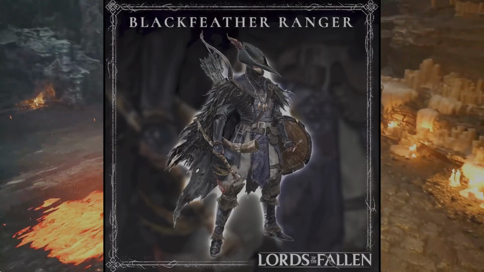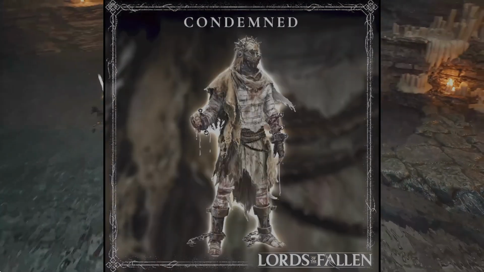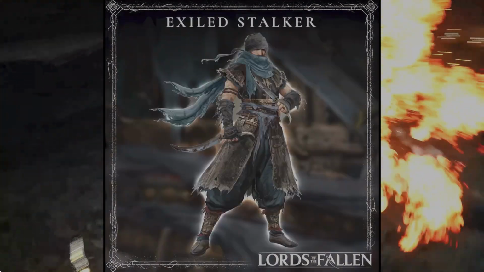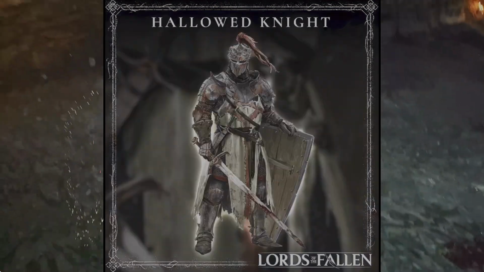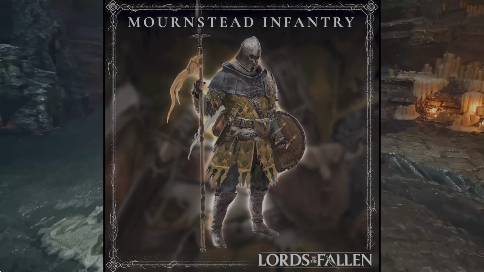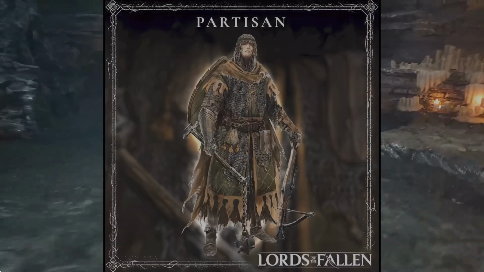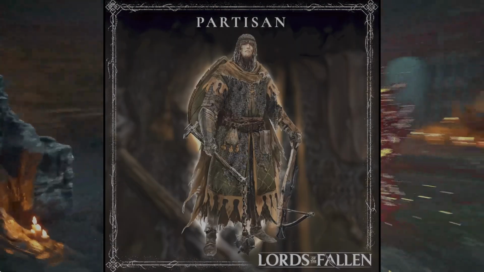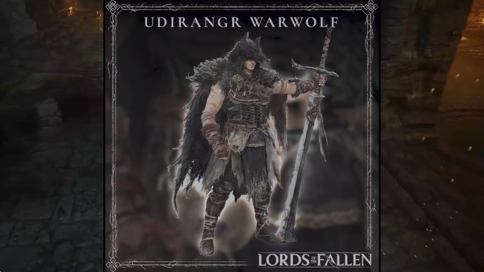The Blackfeather Ranger that is best for starting at a ranged distance, a Condemned, which is a masochistic expert level starting character, the Exile Stalker, who is basically a rogue, the Hallowed Knight, which is a versatile, more beginner level class, the Morningstead Infantry with long range weapons like spears, the Orion Preacher with a hammer for his main weapon, the Partisan with his flail and crossbow, the Pirate Cultist with their fiery magic, the Warwolf with a giant longsword